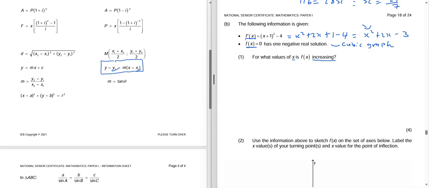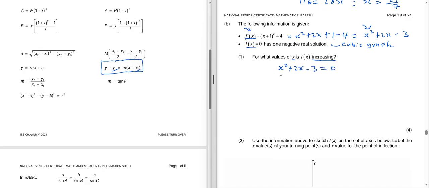Now, it means we need to solve for the critical values of f prime of x, because remember, if we know the derivative of f of x, or the f prime of x, we will know the behavior of f of x. I'll explain why. So for now, we are going to find the critical values of f prime of x,